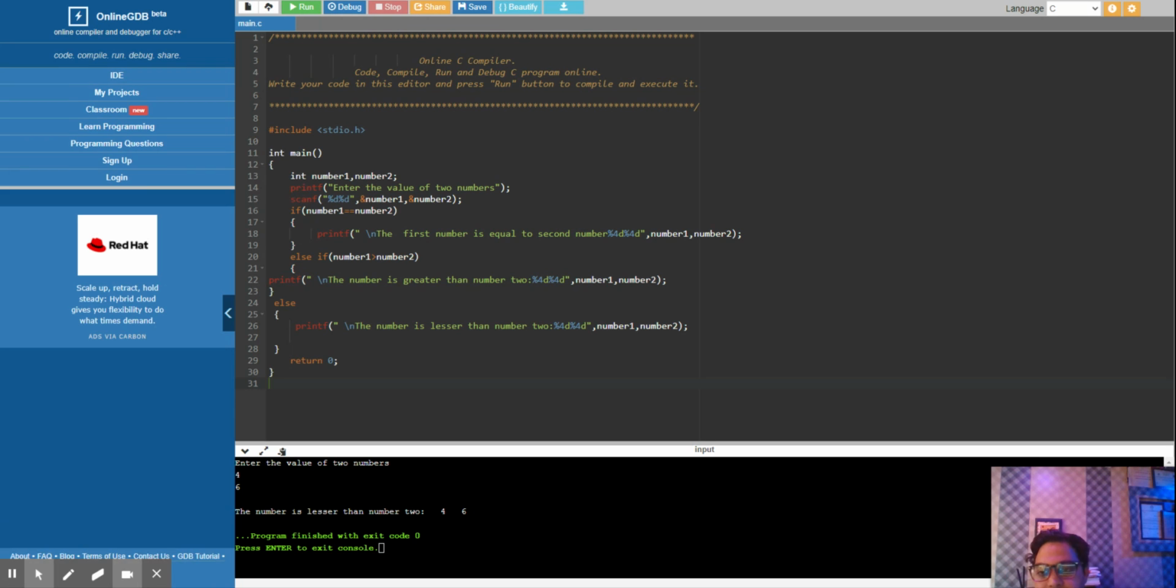Okay, let's see the third example. The third example is of nested if else. How can we implement nested if else? Let's see. If number first is greater than number second,